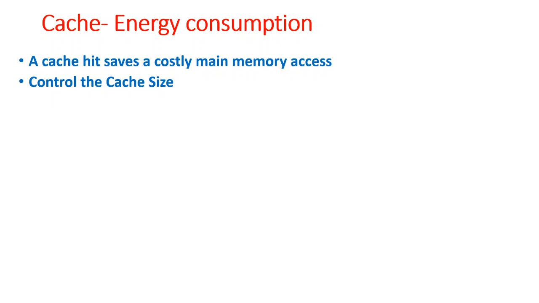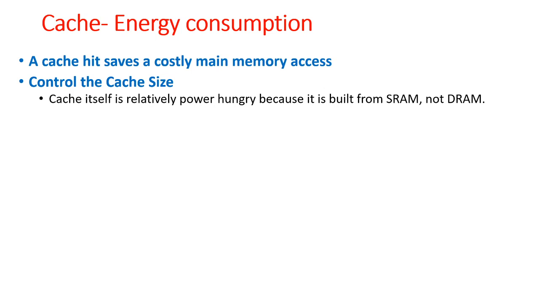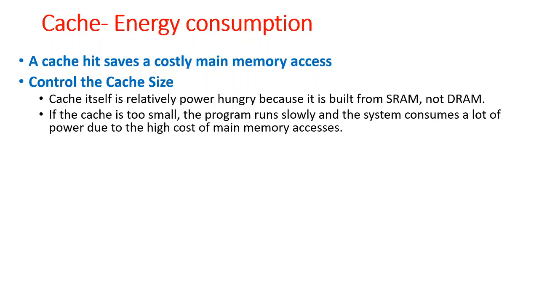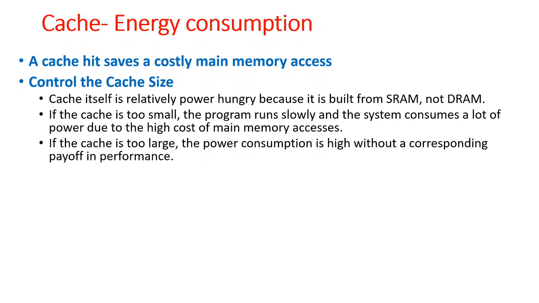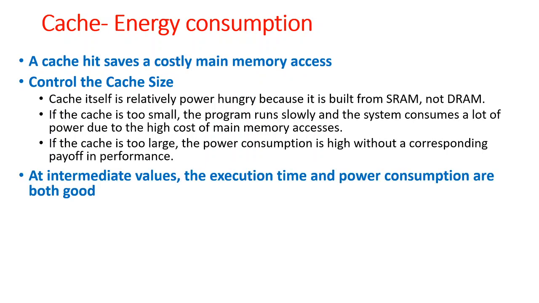If a cache hit means my access time is less, then instead of using main memory, I could go for a full cache memory. That cannot be done, since the cache memory size plays a very vital role. If the cache memory is made up of SRAM and DRAM, it itself consumes more power. So if you use a smaller cache memory, the program runs slowly but saves a lot of power. But if the cache memory is large, it is equivalent to accessing from the main memory. So we must have a compromise between execution time and power consumption for the cache size, large or small.